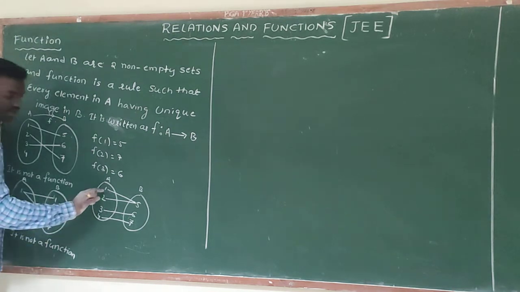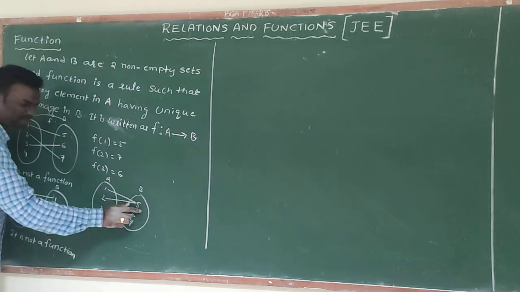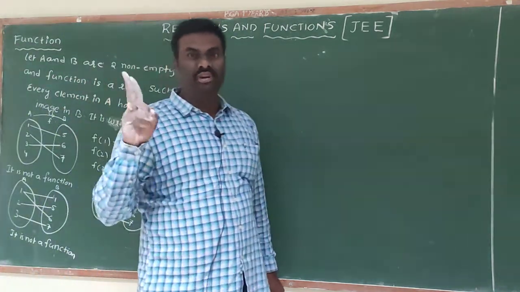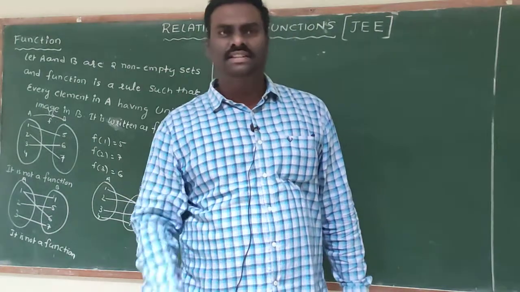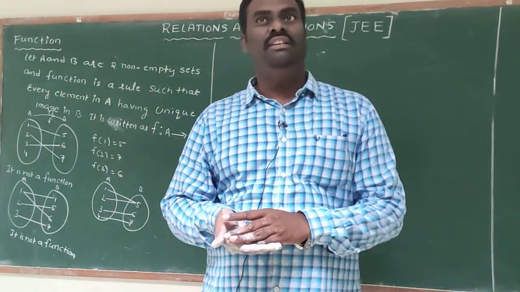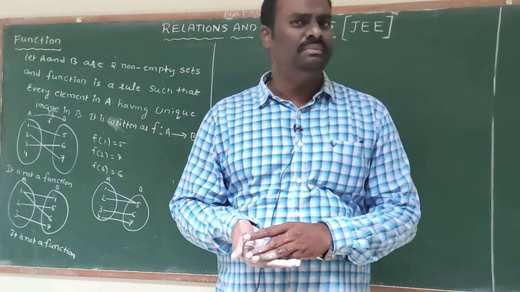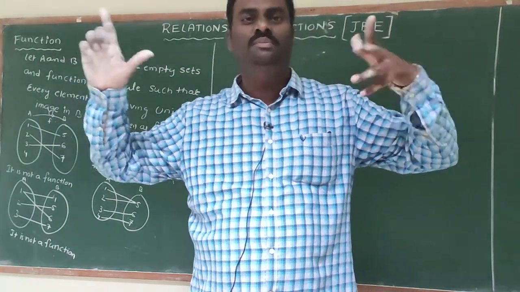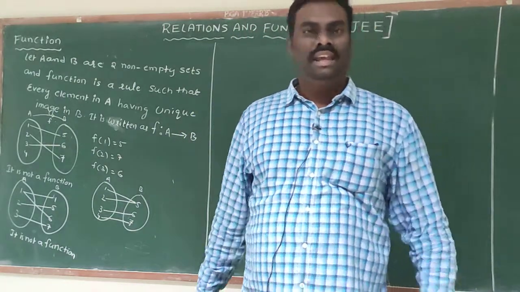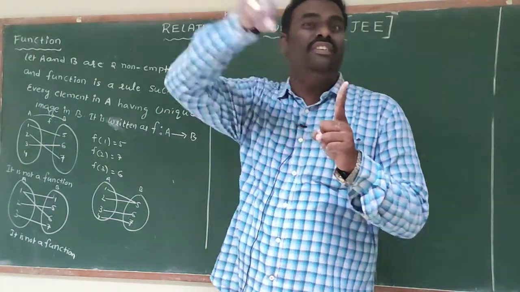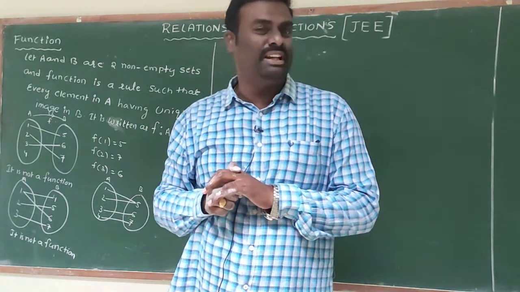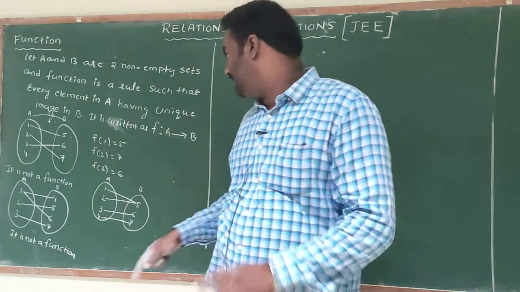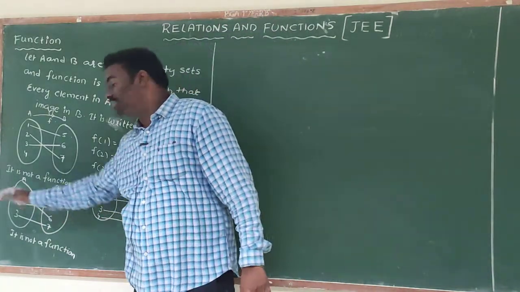Don't get confused. Sir, here 1 has the same image, and 2 has the same image. No problem, I will give a simple example. If you take 2 exams, maths and physics, can a student get 25 in maths and 25 in physics? Yes, 2 different subjects, the same marks is possible. The reverse, a single subject with 2 different marks, that is, in mathematics he got 25 and 24, is not possible. That's why this can be accepted, but that can't be accepted.